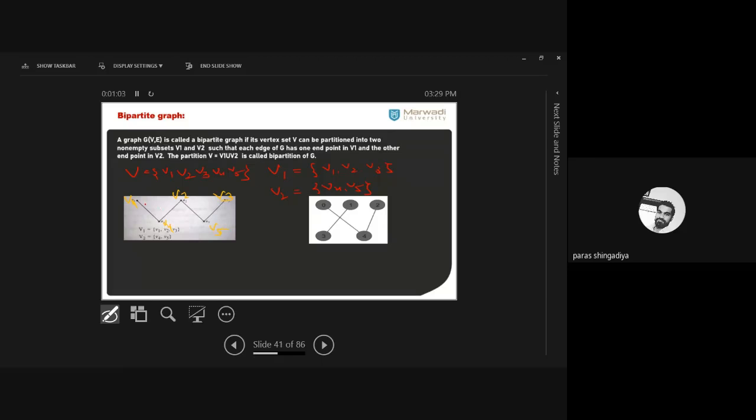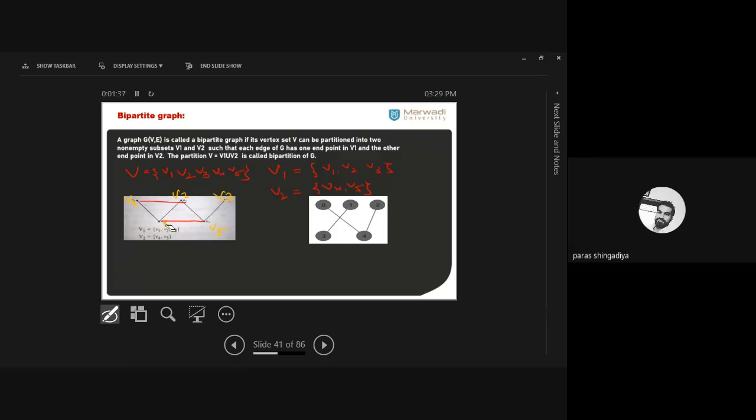One of the conditions is that we cannot connect v1 and v2. We cannot create an edge between vertices of the same partition. We cannot connect them in a bipartite graph. Similarly, we cannot connect v4 and v5. There should be no edge between v4 and v5. There should also be no edge between v2 and v3. You just connect in the opposite way, between opposite partitions: first partition to the second partition.